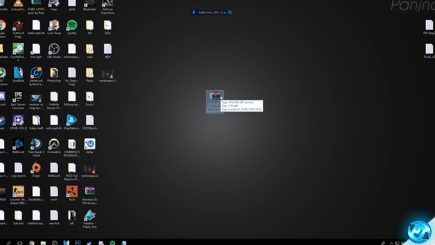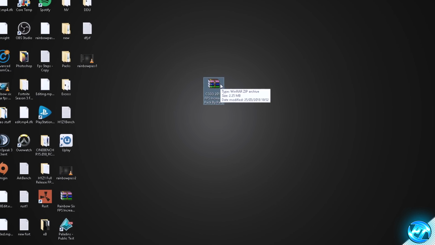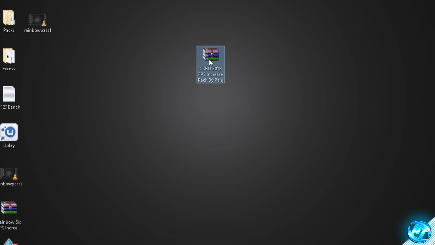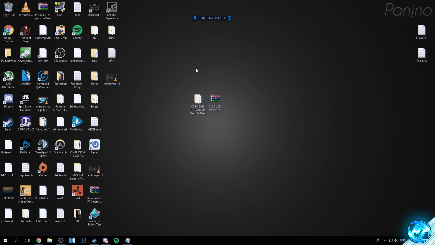To open this file, you're either going to need a program called 7-zip or WinRAR. Links will be down in the description down below, or you can just Google either of the names, install them to the machine, and you'll be able to open up this file. Once you have one of those programs installed, right click on the file and hit extract here. Once you've done that, you'll be given a folder on your desktop that looks very similar to this,